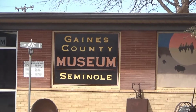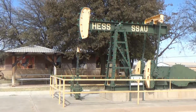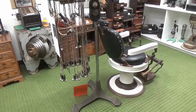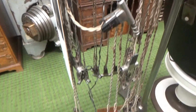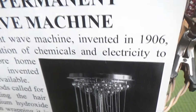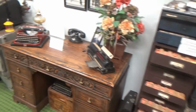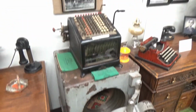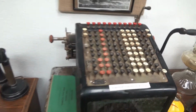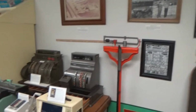It's the Gaines County Museum, and out front here they have an oil well pump, although they're not normally lined with Christmas tree lights. The front room has some interesting items. A barber chair, and does anybody recognize what this is? That's how they hook it up to the ladies for a permanent wave. The room has a lot of antique office equipment. A really old safe. Wow. I have used calculators like that in my early days of employment. Some old radios, cash registers,